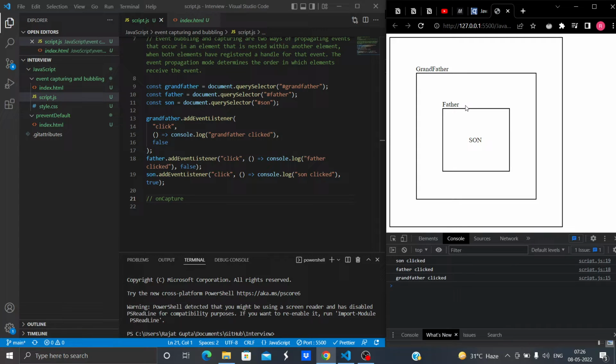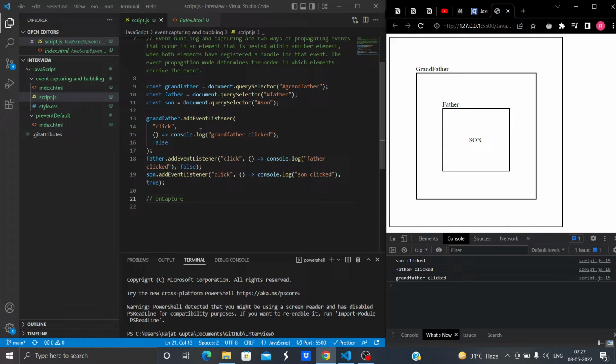So father click will be executed since its value is false, so it will be executed in the bubbling phase and not in the capturing phase, because the word capture in on capture represents the capturing phase itself. But since the value of on capture is false for father, it will be executed in the bubbling phase, and we are getting father. Again the value is false for grandfather also, and that's why grandfather is being printed here.